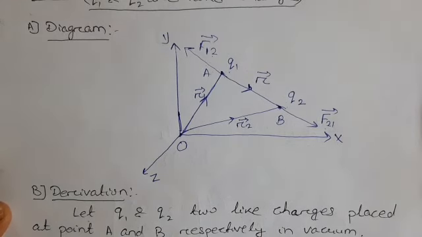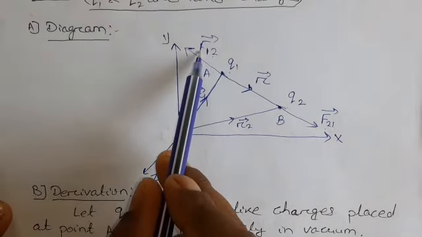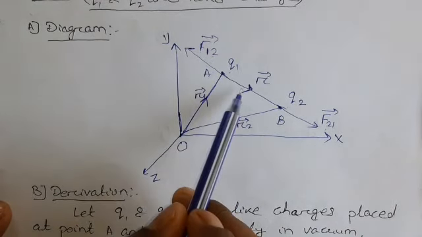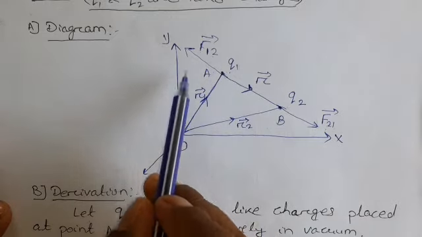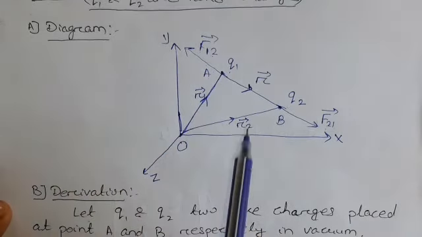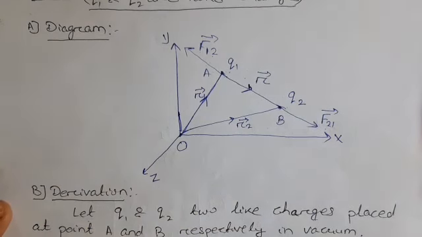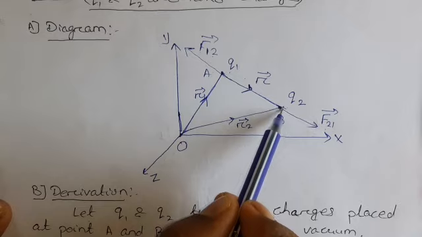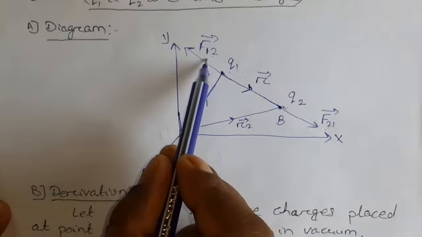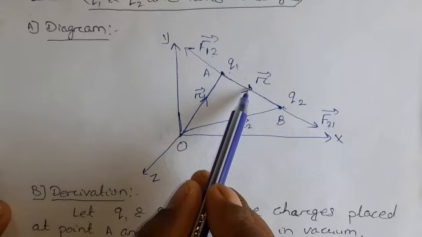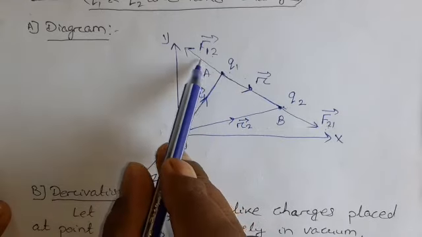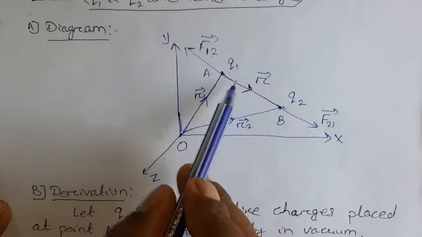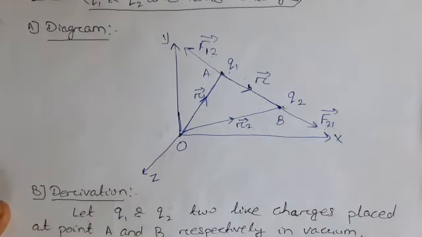Okay. Similarly, for the direction of F12, the direction is opposite to F21, that is opposite to R vector. So in case of F12 I will take the direction minus R cap. Why minus R cap? The direction of R cap is along the direction of R vector, that is along the direction of F21, but F12 is opposite to F21, or opposite to R cap, that's why in case of F12 I will take the direction minus of R cap. Okay.